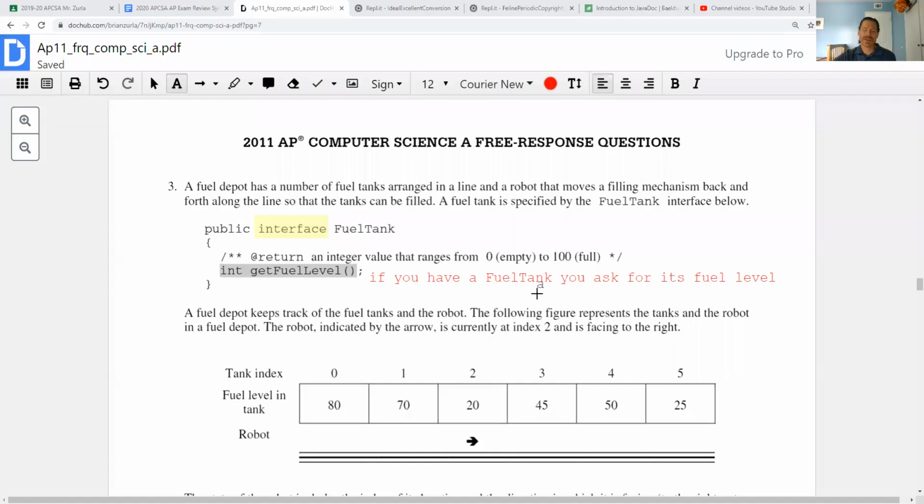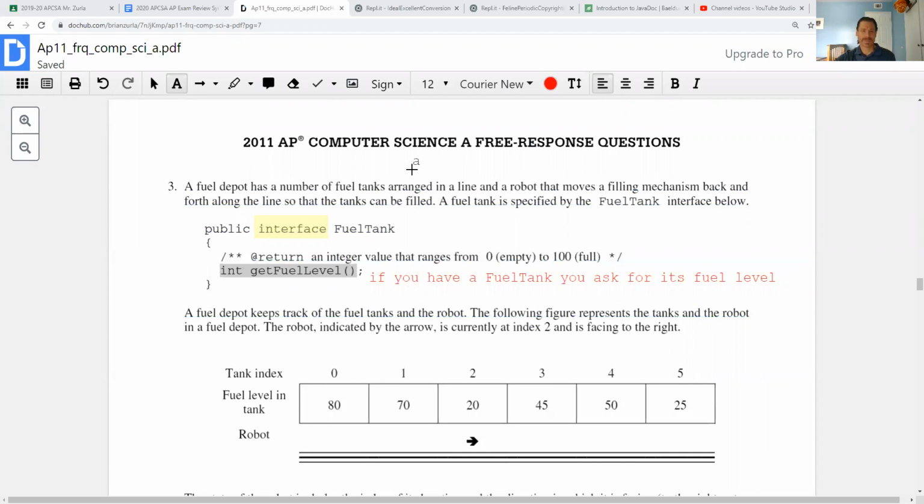Even though I don't have the third question highlighted as one that we really need to focus on because it has the word interface in it, it's actually a great question. And the fact that these are interfaces really hardly even impacts the question. They could have just implemented classes here. It wouldn't really change how you're going to write your answers at all. The bottom line is there's two user-defined things here, and they both have stuff they can do. We got to figure out what they can do, what we can do to them, and how to use it